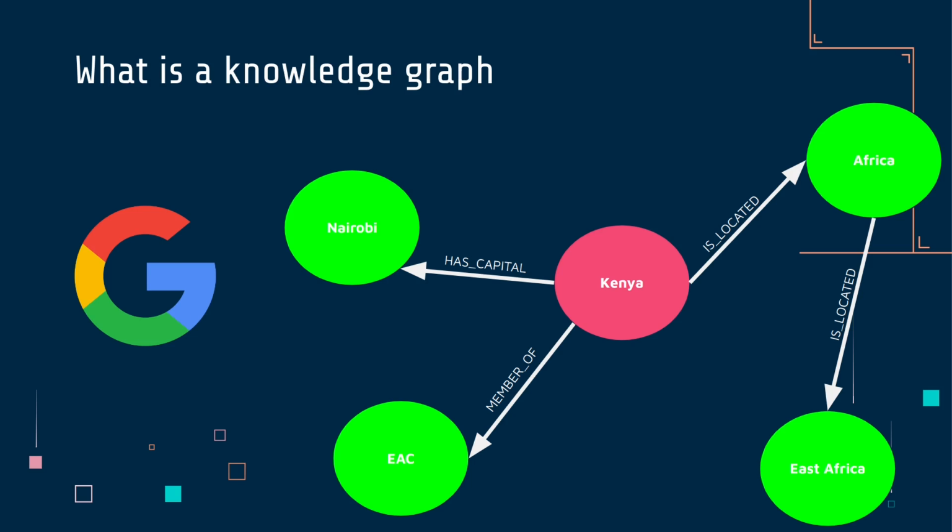Google actually has a knowledge graph available to people. If you want to use it, it's called the Google Knowledge Graph API. You can sign up for it, and you can see how Google has access to all this information. You can search for Kenya, and suddenly you're getting all this information about Kenya. This is coming from a knowledge graph, and Google has an API that you can use to see how all this works in the background. So you can see Kenya has a capital of Nairobi. Kenya is a member of the EAC. Kenya is located within Africa, and East Africa is located within